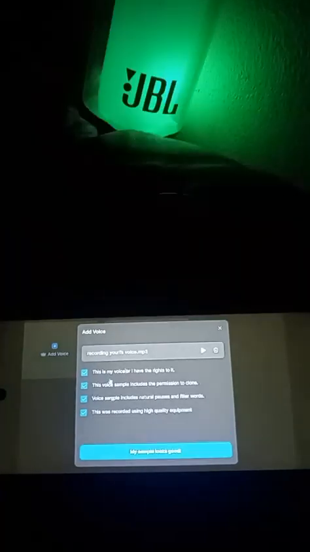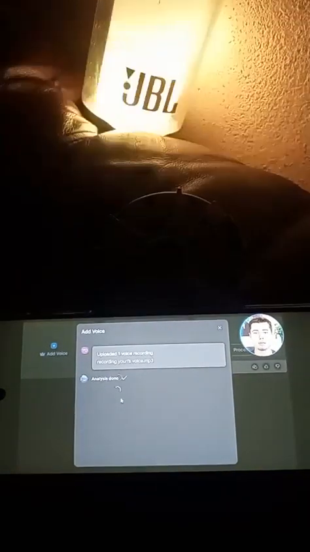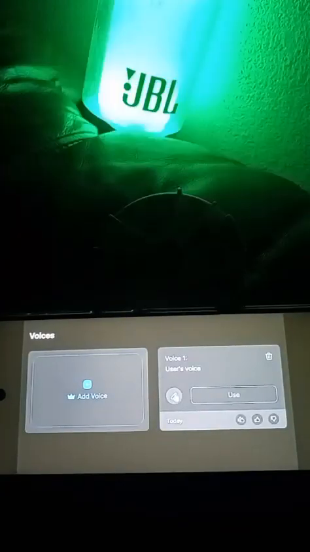So simply upload that file right here. It will then upload your file. Simply tick all these boxes, assuming that this is correct. Click My Sample Looks Good, and then as you can see, they're now going to generate your own cloned voiceover, which is pretty insane. Once that is done, you can give this voiceover a name, and this is actually really